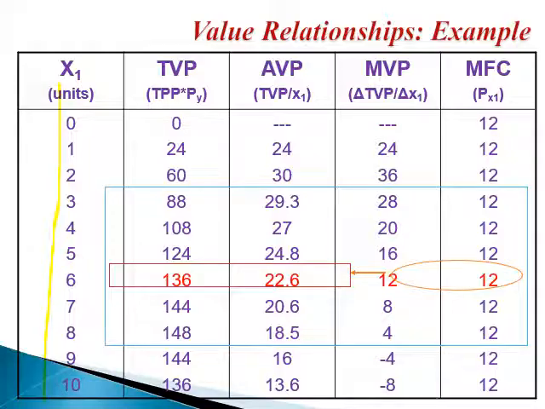pounds a unit. Somebody will tell me how come that whether I buy 0 X1, the unit price of it is 12. If I buy 1 unit, the unit price is 12. If I buy 2 units, the unit price is 12. If I buy 10 units, the unit price is 12. And the answer for that is this is the market price for the variable input. Which means that, remember, we are doing short-run analysis. In the short run, the unit price of anything, input or output, is constant, is fixed. It needs time to change.